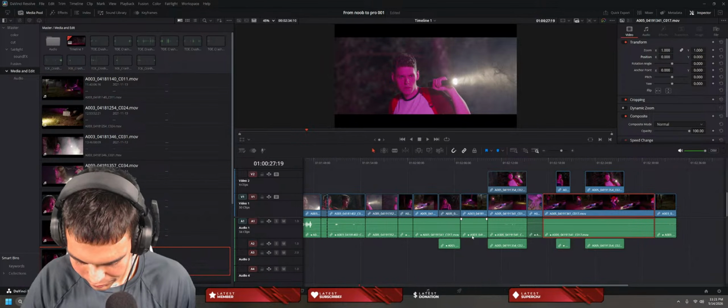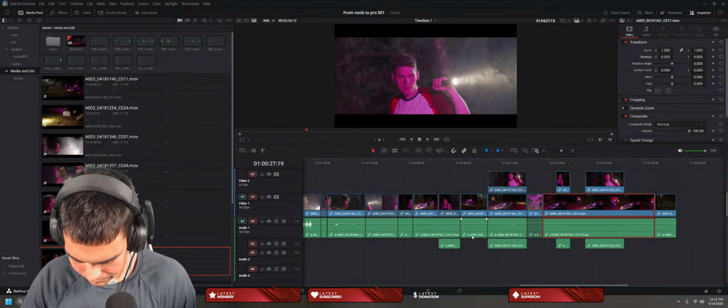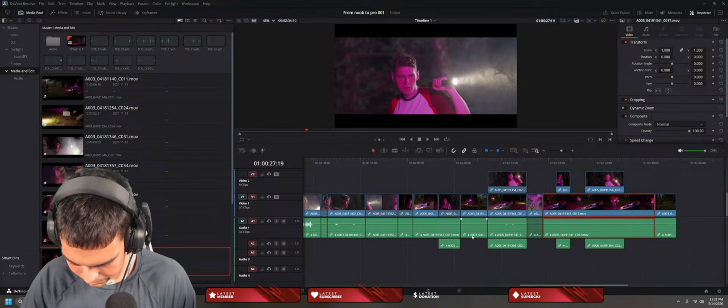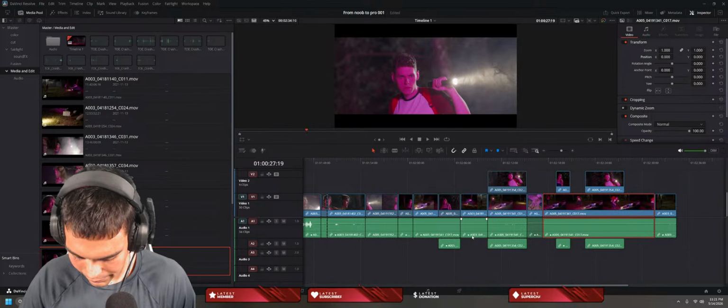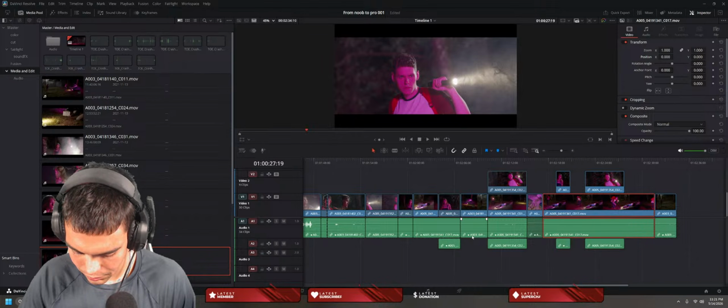The inspector tabs, video, allows for zoom, rotation, and movement of clips,